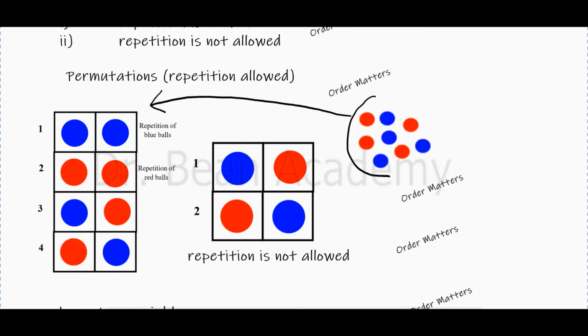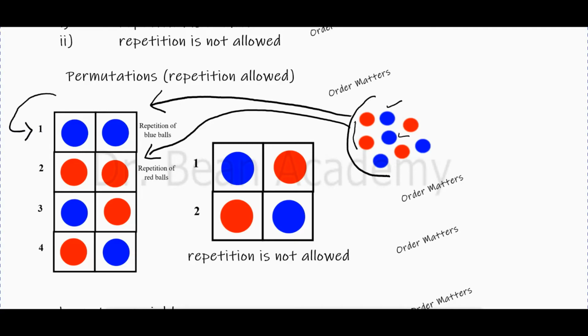If there is no condition, then you may pick two blue balls and make an arrangement. So, blue balls. The next time you may pick two red balls and put them in this frame of two boxes. So there are two red balls. What other different combination or permutation, or arrangement, can you make?